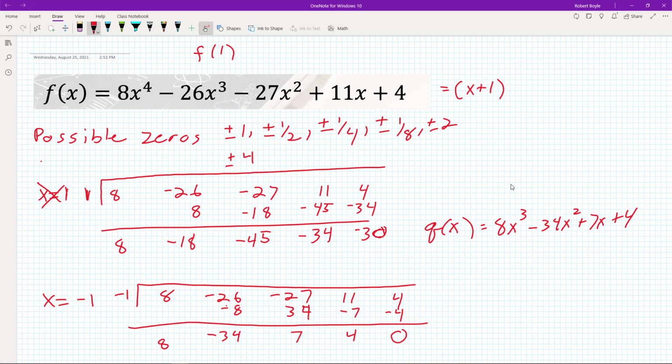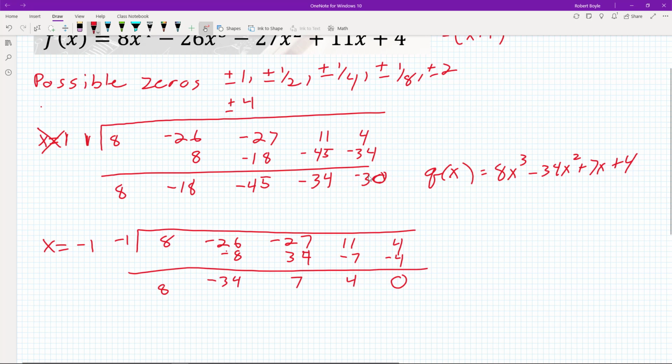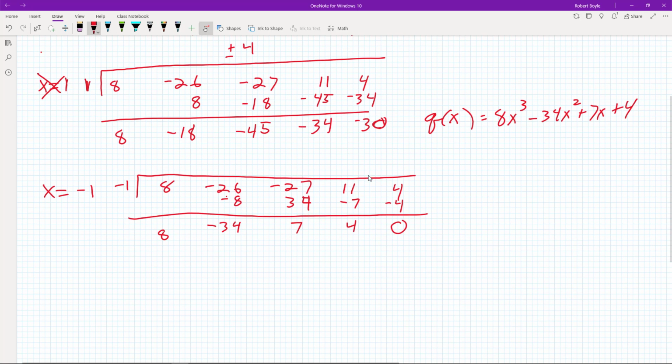Now, once again, we can do trial and error on this reduced factor and see which one is a factor of this particular factor. If it's a factor of this factor, then obviously it's going to be a factor of f. Now, my advice in this particular case would probably be to look at the integer values. And of course, I don't think you guys want to see me spending the entire day doing trial and error. So how about, just for kicks, we try x equals 4. Okay, so